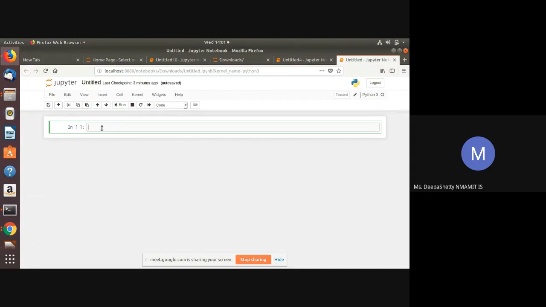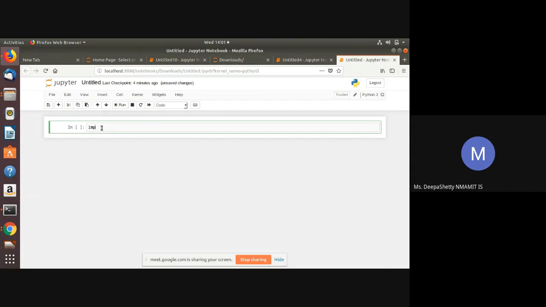The command used to install the NumPy package is, we need to go to command prompt and give the command pip install numpy if you are using Python 2 or lower versions of Python. If you are using Python 3 or higher versions of Python, then the command is pip3 install numpy. Since I've already installed the package in my system, I need not install it again.